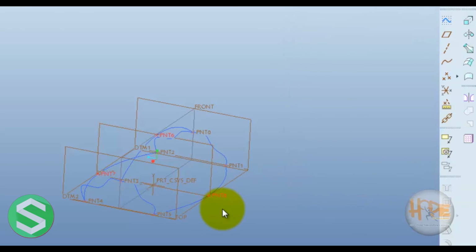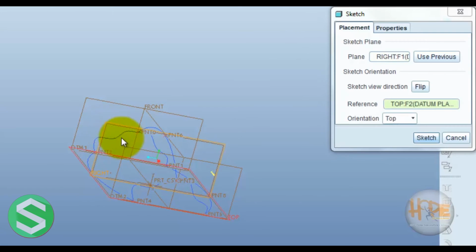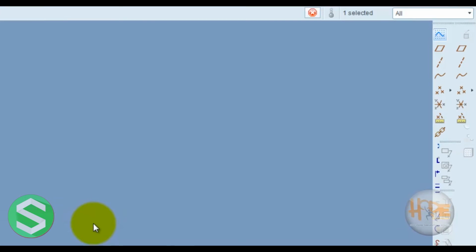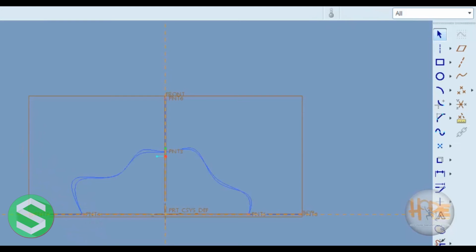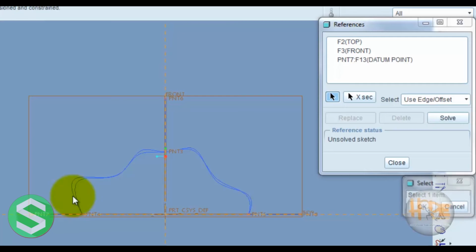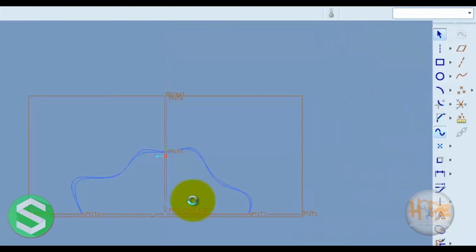Okay, now draw one sketch at the front plane, right plane. Okay, now select the references. Okay, now draw the same figure.